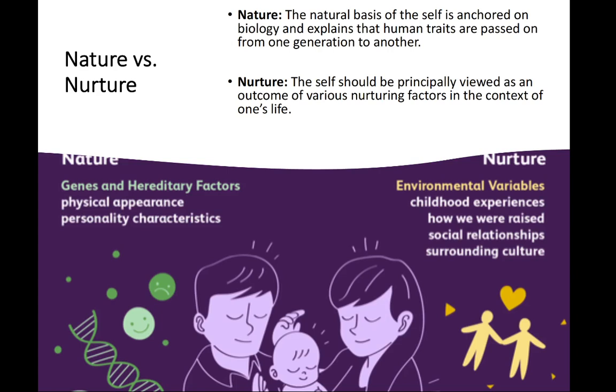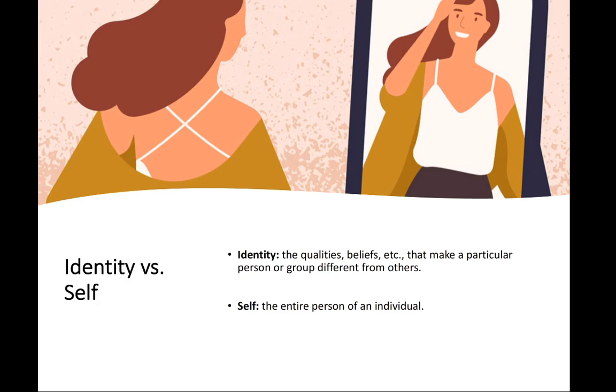Different social sciences stress how group life affects an individual's behavior and attitude, and emphasize the impact of various social institutions on the self, as construed by a person. While the issue about the predominance of either nature or nurture is still unresolved, one can safely assume that the self is a product of nature and nurture. Now, another issue that may arise when we talk about the self could be the disparity between identity and the self itself.